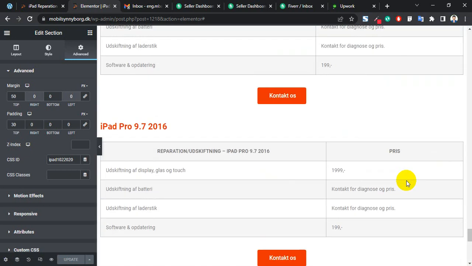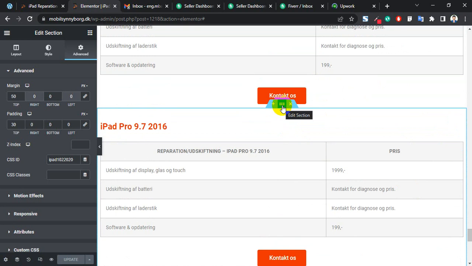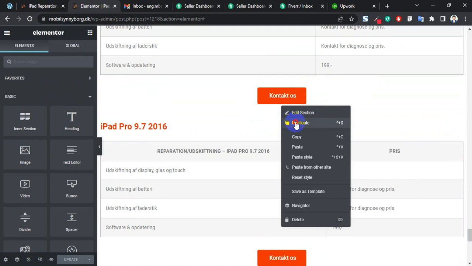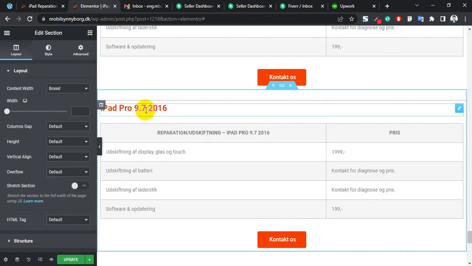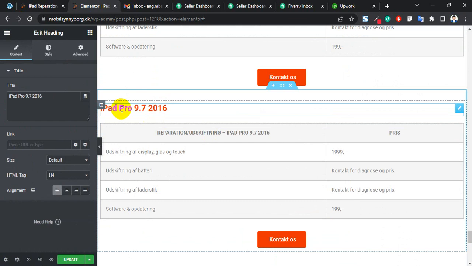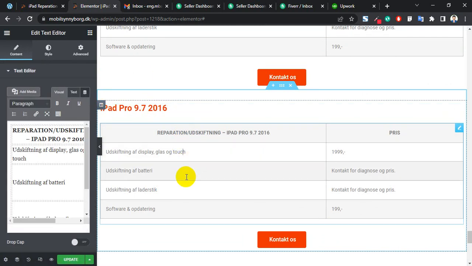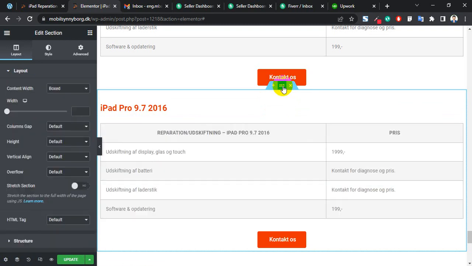For new devices to add, you can simply click on the section, right click on it, duplicate. So this is the duplicated one. Here you can change the device name, change the specifications, and then the more important thing is click in the